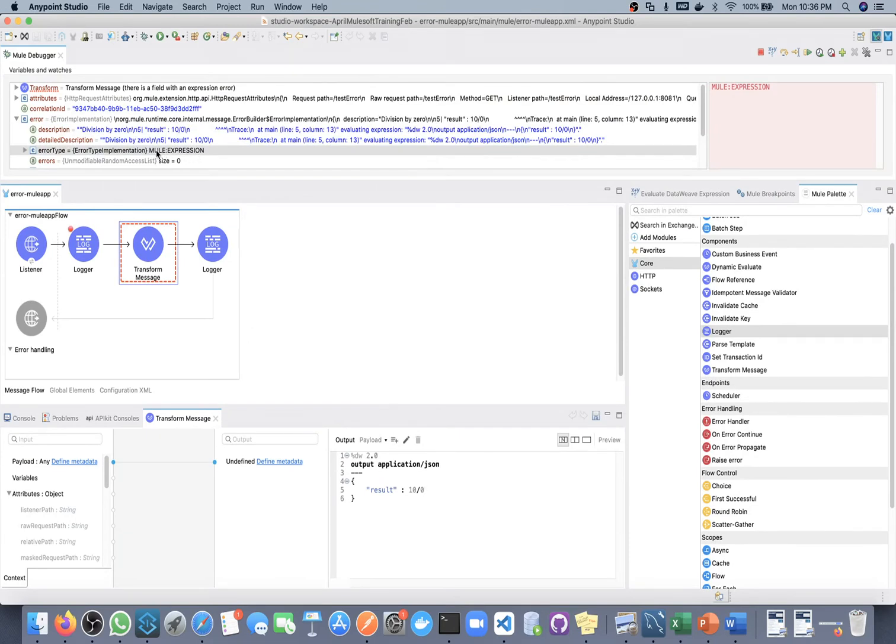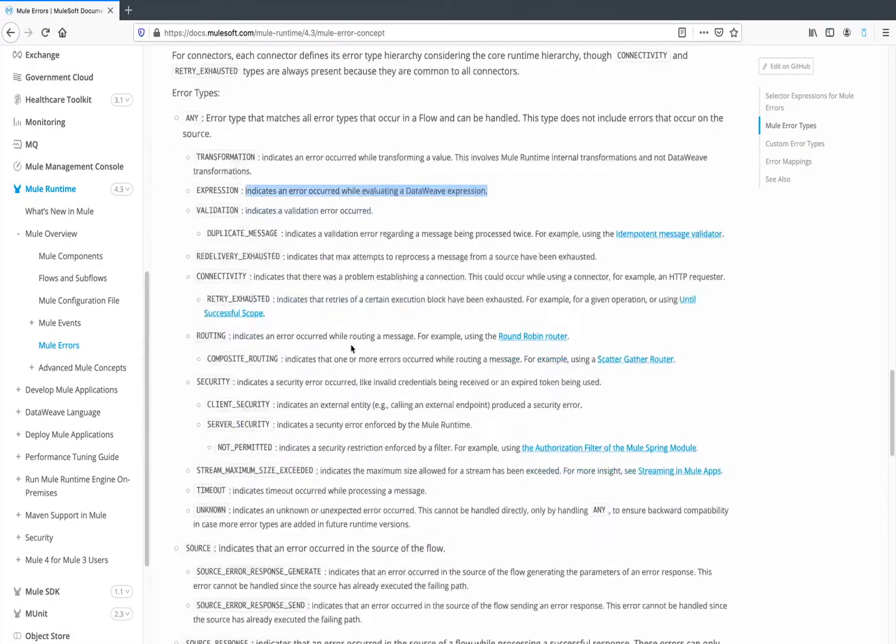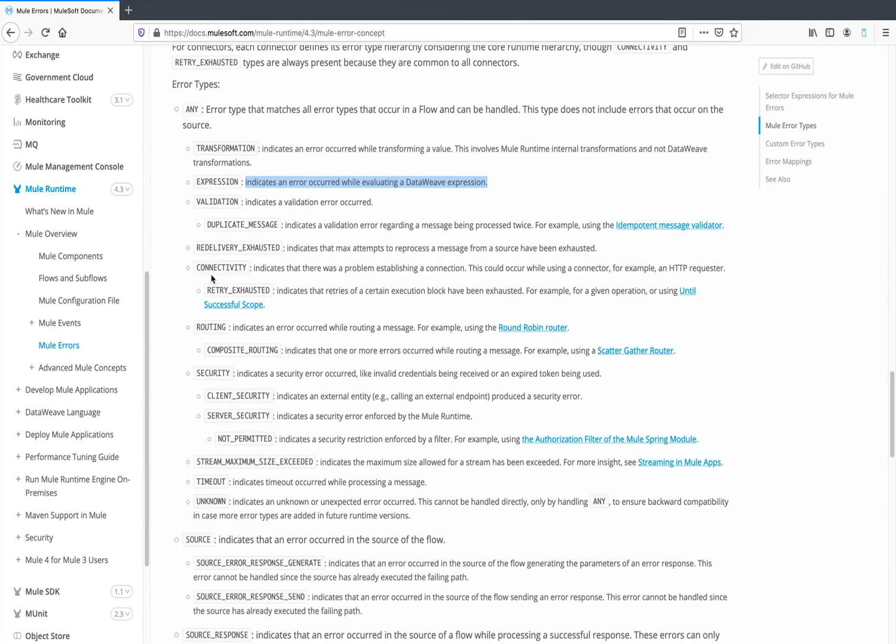Everyone got it? Every error type will be divided into two parts. The first part will be your prefix and the other one will be your error type. In this way we have multiple kinds of errors, sometimes like connectivity error, when you complete your retry.